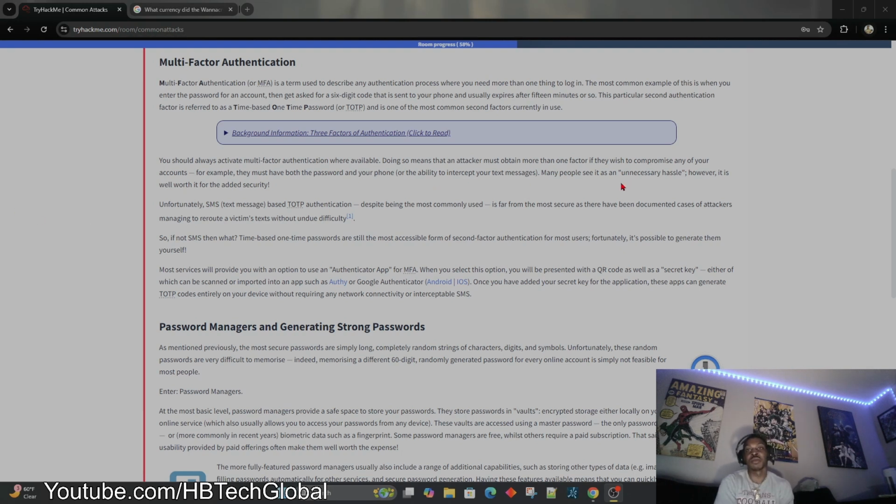Multi-factor authentication, MFA. Multi-factor authentication is a term used to describe any authentication process where you need more than one thing to log in. The most common example of this is when you enter the password for an account, then get asked for a 6-digit code that is sent to your phone. It usually expires after 15 minutes or so. This second authentication factor is referred to as a time-based